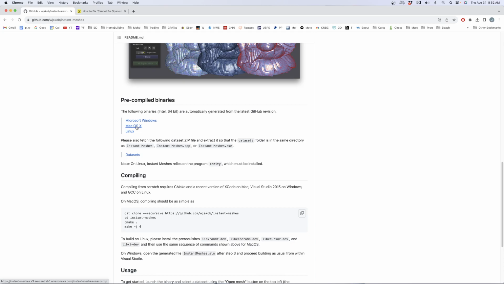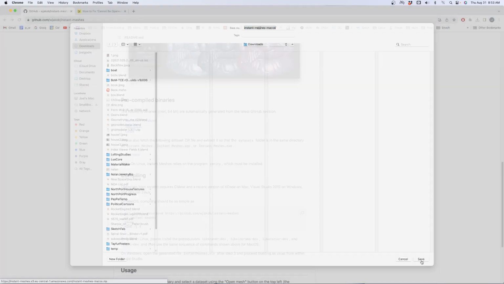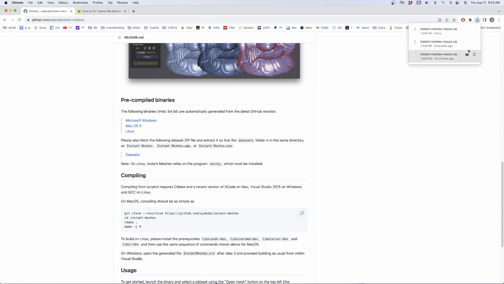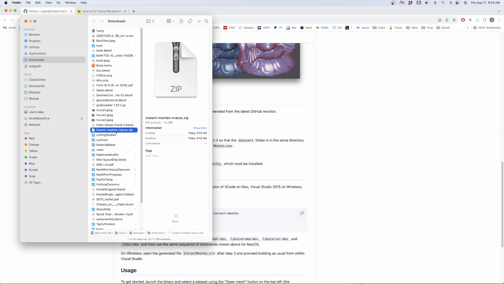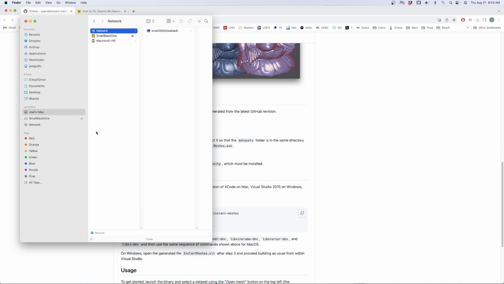You're going to click the macOS if you got macOS like I do. I save it to the download file. I go to that file, and then you double click it to unzip it. You can get rid of the zip. And then now we're going to